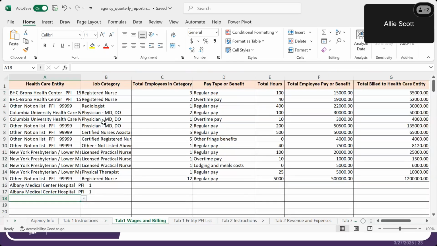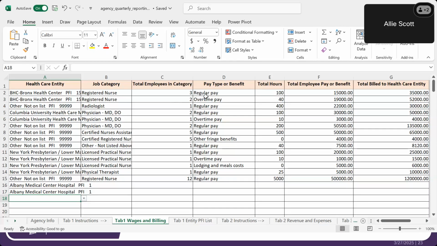When filling out this spreadsheet, there are important things that you need to take into consideration. Like I mentioned before, this information is all based on the aggregate across the healthcare entity, the specific job categories within that healthcare entity, and the pay type of the job category within the healthcare entity.